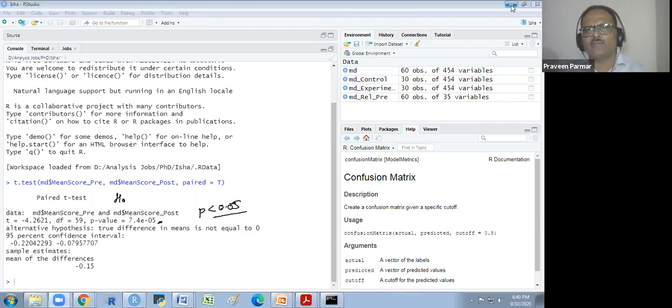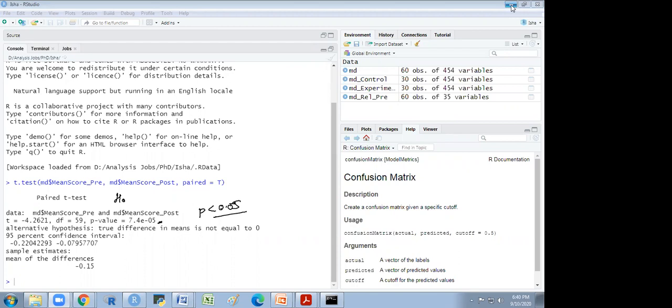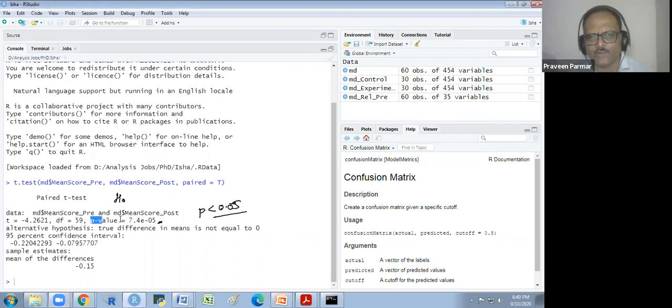Now that makes sense to you, everyone? Yes, sir. Whenever we do the test, we get the p-value. And we have to judge through the 0.05. It is the 95% confidence level. If you have a 99% confidence level, then a p-value less than 0.01 would be rejected and greater than 0.01 would be accepted. Does that make sense to everyone?